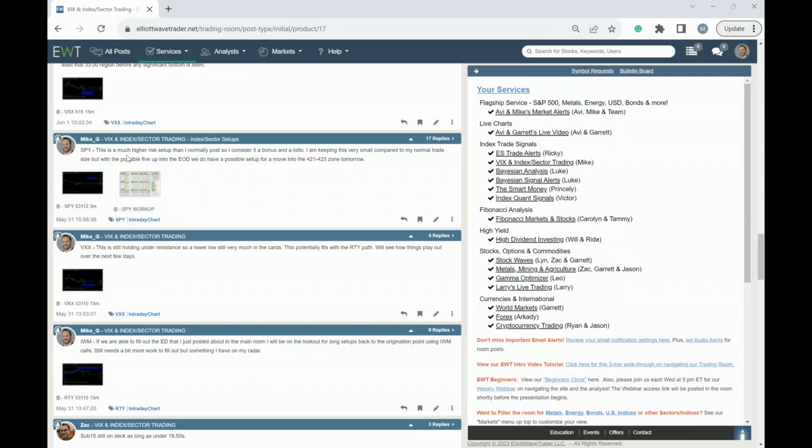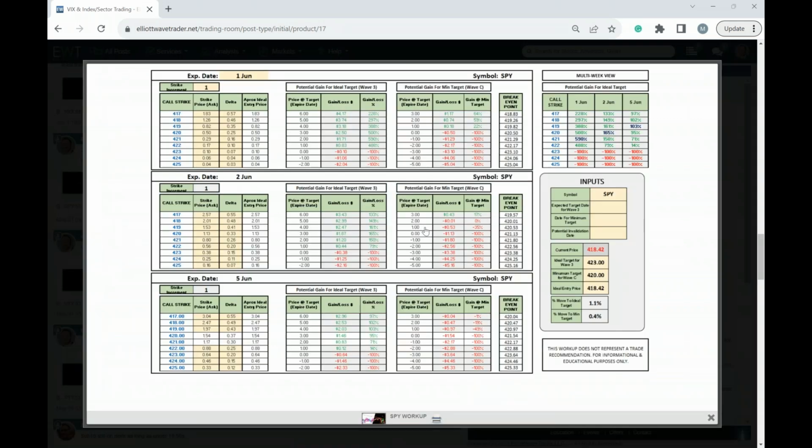Okay, and so when I post the setups, that's the actual setup on the chart. That's the EW setup, and then I'll post this workup. This workup is something that I developed over the years, and it's an Elliott wave based option workup. What I'm doing here is using an ideal wave 3 target, and I'm using a minimum target for a C wave. This is not the best example because we didn't hit that, but